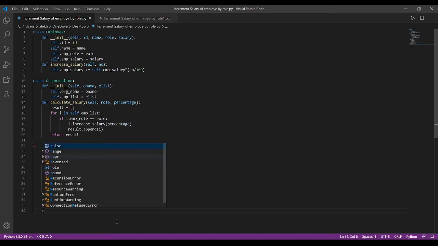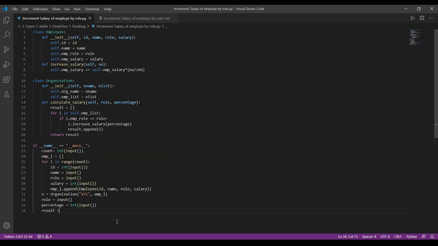Next, result is equal to O dot calculate salary based on the percentage, so we are calling this calculate salary method. Just I am copy pasting it. It takes two arguments, that is role and percentage. Here the arguments are the same as the variables that we gave, so I am copy pasting it.